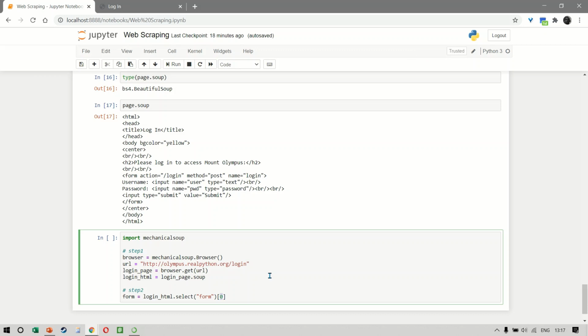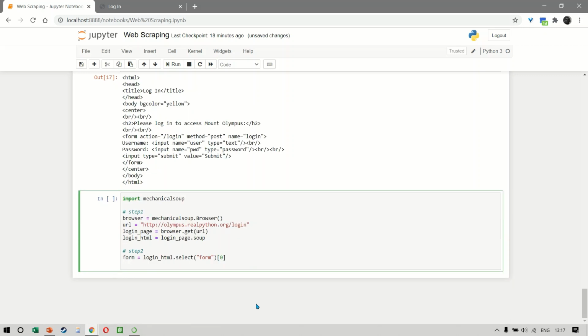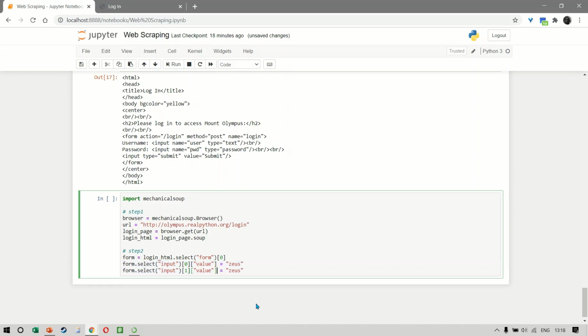After this, we will put 2 more lines which will help us select the username and the password and put in the correct value. So form.select, and our input with our value is equal to Zeus, and then we have the second input where the value would be Thunder